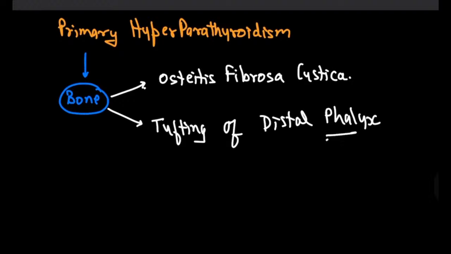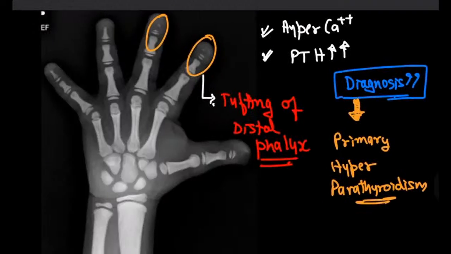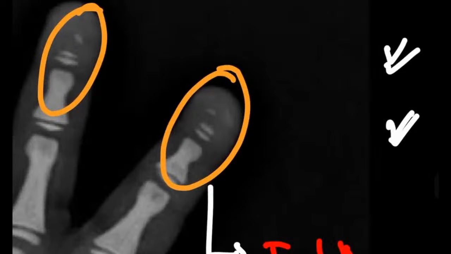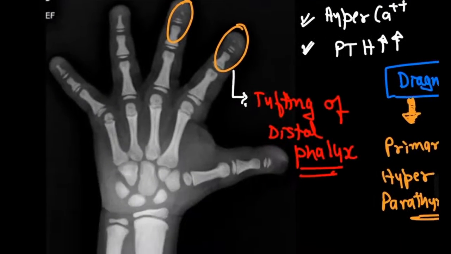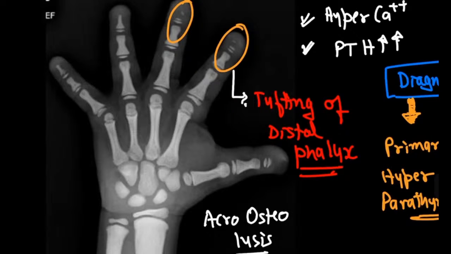Okay, you can get a tufting of a distal phalanx. As you're able to see, it means that the terminal phalanx is kind of tufted, kind of broken. That is also referred to as acroosteolysis. It means that the terminal portion of this particular phalanx is kind of lysed away,